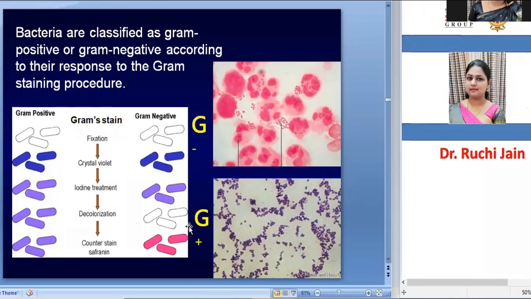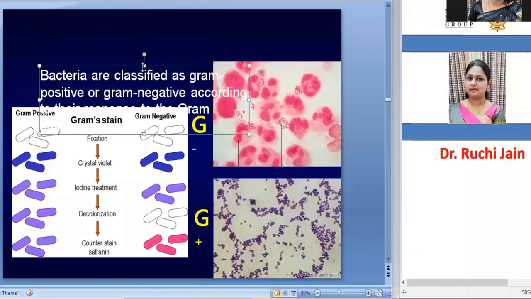If we look at the detailed structure of the gram-negative and gram-positive cell walls, both have different compositions, and according to that they acquire different colors in gram staining. In the next class, we will see the detailed structure, the gram staining process, as well as the detailed composition of the cell wall.